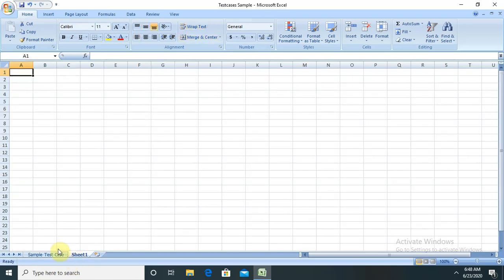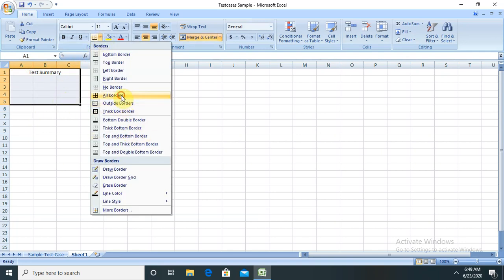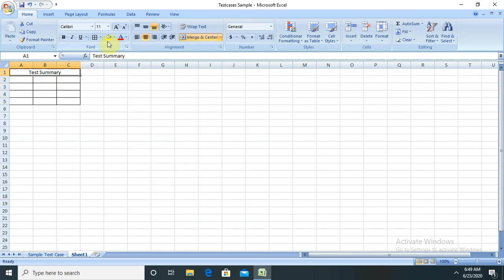Here you can also include a summary report in the test case sample template. So the summary report will look like this, just let me create a test summary here. You can add n number of features here, so let me create them. Now mark this with some background color and keep it bold. So here you can add functionality,